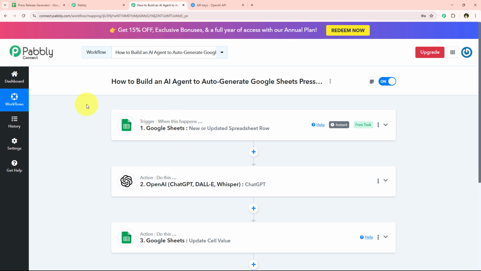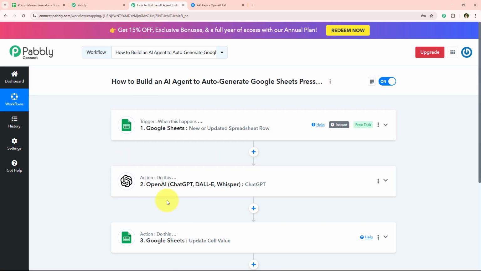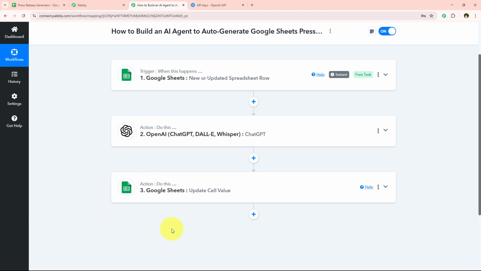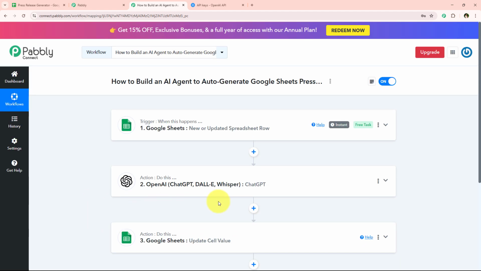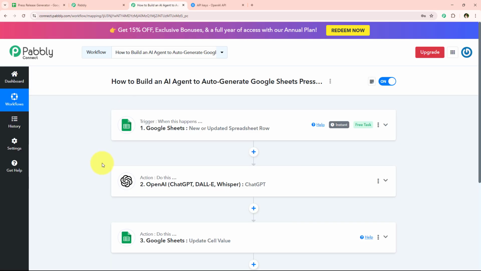And now what is going to happen is that as soon as I add a new row right over here in my spreadsheet, automatically using my AI agent, it is going to generate me the press releases, and further we are going to add that press release back again into our Google Sheets, that too without any manual efforts. All of this is going to happen in the backend. We don't have to come back again and again to our workflow to click on save and send test request. Like I showed you in the real-time example in the starting of this video, all of this is going to happen in the backend. So yes, with this we have successfully completed this video,